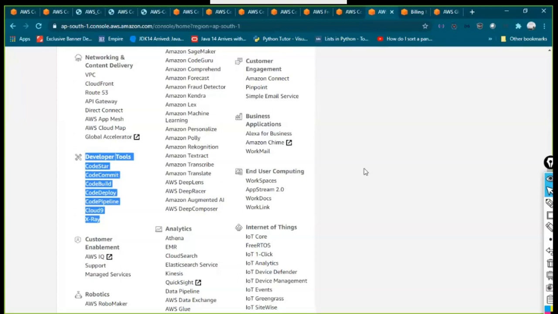Simple. So you can keep your hands on multiple clouds, or you can become more specialized in a single cloud. There are situations where we have to switch over to multiple clouds also. It is called multi-cloud. There are places where we will launch our application on 2 different clouds: one on AWS and another on Azure, or one on AWS and another on GCP. There are bigger organizations who want to keep a backup. If AWS is having some challenges, then they will redirect to GCP. Those are called multi-cloud.